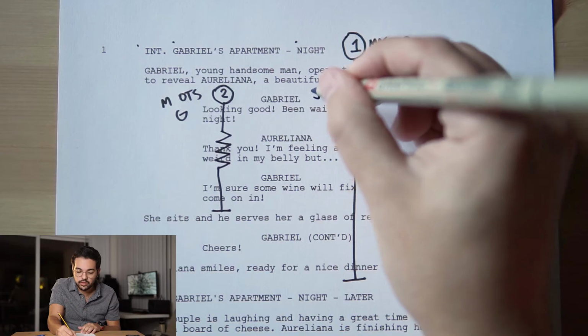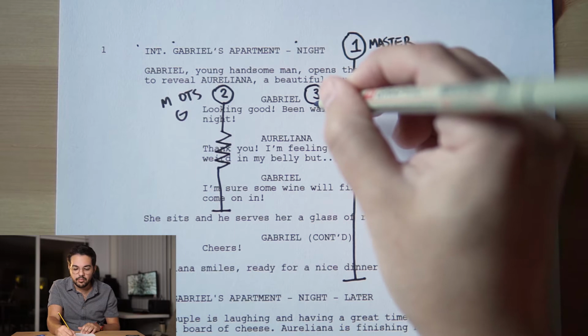Then we need a reverse shot of that. A reverse shot means basically we have this shot and then we're going to do the counterpart of it. So instead of showing Gabriel, we have to show our other character, Aureliana, speaking. So right next to the two, we're at a three and we do the same line, but when Gabriel is